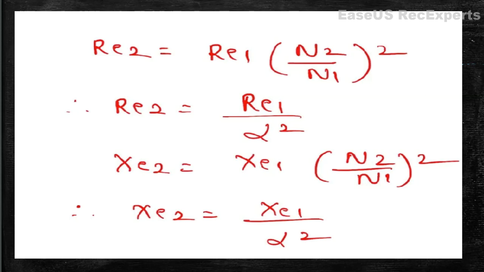Hence by using the short circuit test we can find the copper losses, as well as circuit parameters such as equivalent resistance, equivalent impedance and equivalent reactance. In this way we have studied how to find circuit parameters as well as losses of a transformer by using the open circuit and short circuit tests. These tests are very useful, as they need very little input in order to determine the performance of the transformer. So I hope you understand the open circuit and short circuit tests. Thanks for watching this video.